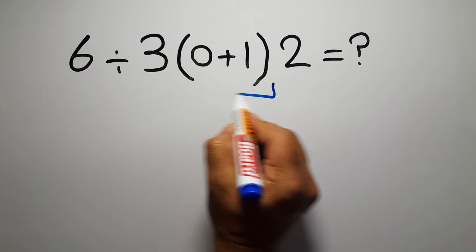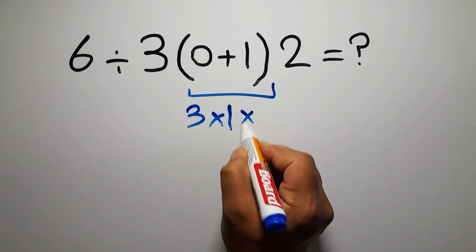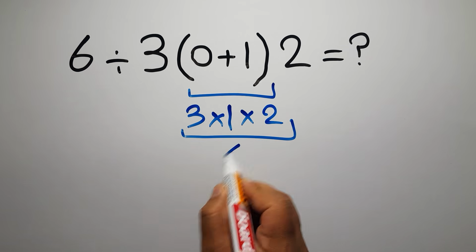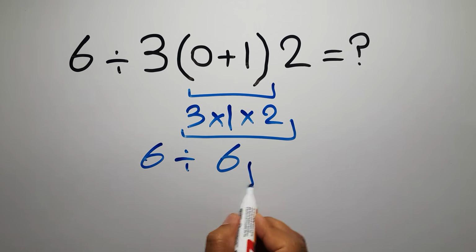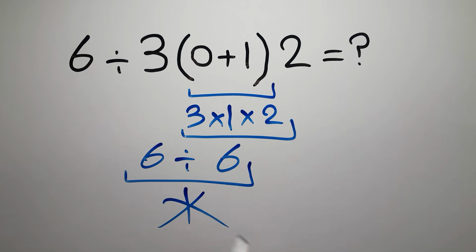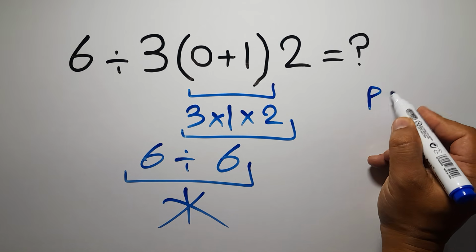0 plus 1 gives us 1. And 3 times 1 times 2, which equals 6. So 6 divided by 6, which equals 1. But this answer is not correct, because according to the order of operations, first we have to do parentheses, then